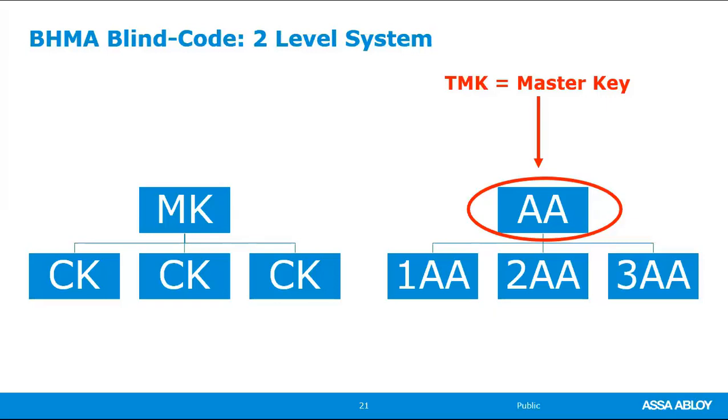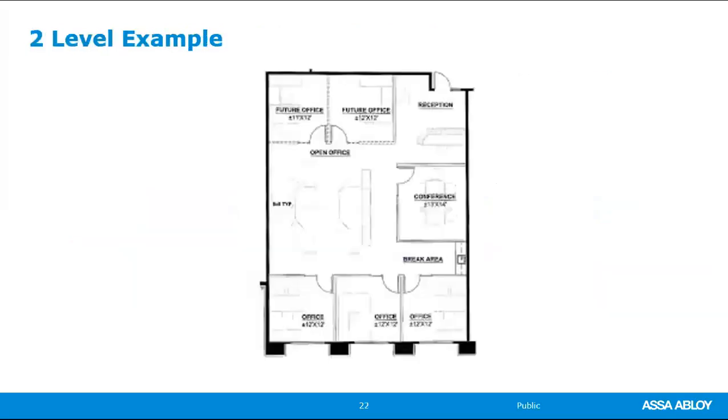That is the name of your top master key. Let's take a look. We have AA as our top master key. First office is 1AA, 2AA, 3AA, 4AA, 5AA, 6AA. Now the owner of this particular building, this particular area, is able to use their master key to get into